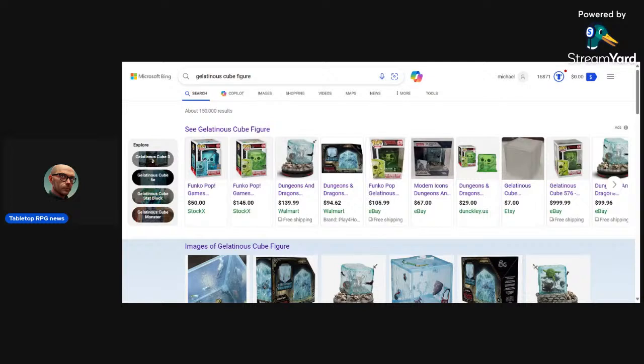Yeah. Apparently, we're just seeing the two. I thought there was more. Okay, what's going on? Let's go to shopping. I'm looking at images. Let's go to shopping to see if there's different ones, because I feel like there's more. Here is the